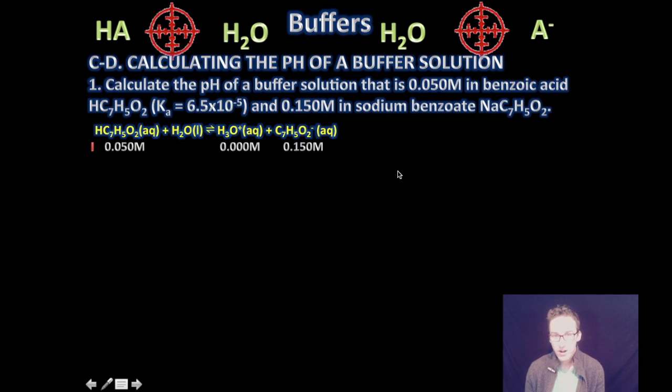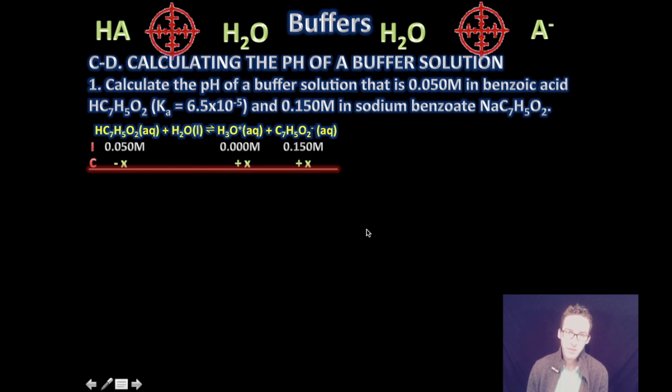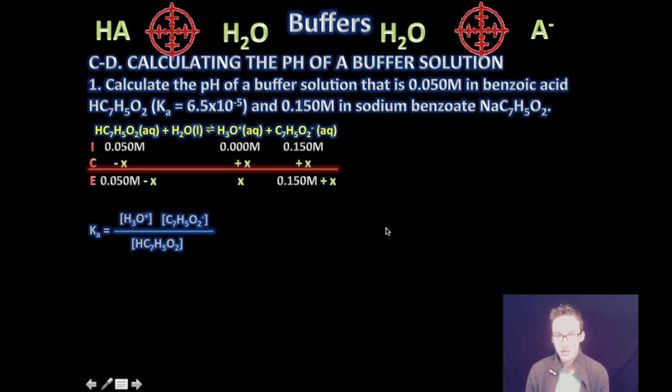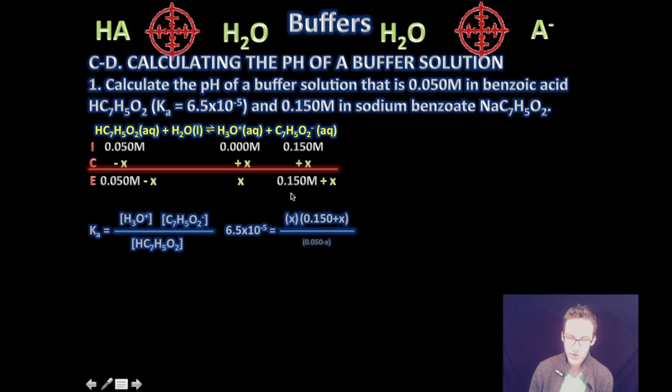Our changes are going to come from the stoichiometric relationships that we see in the balanced chemical equation. And then we come up with our equilibrium concentrations based on the initial concentrations and those values we use to represent the changes. Now, as we look at the equilibrium constant for this reaction and plug in our equilibrium concentrations,